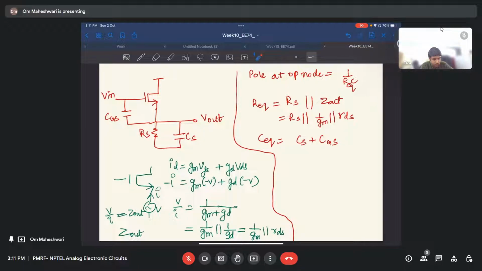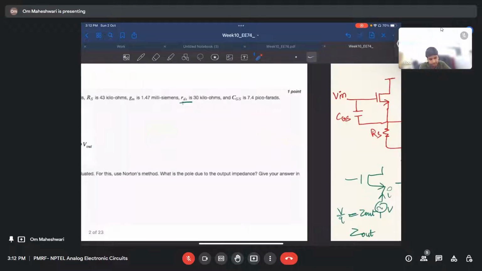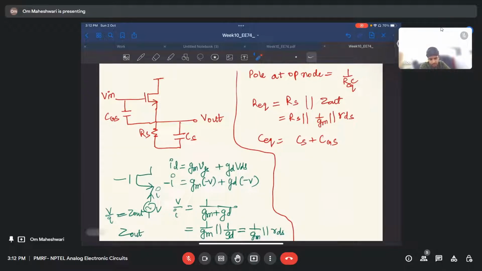RS should be 0, right? Why? How do we calculate RS, what is C equivalent to? So C equivalent is just... Okay, let me see. So here it will be grounded actually. So this CS is there at the V out node, right? So if I take the CGS, so